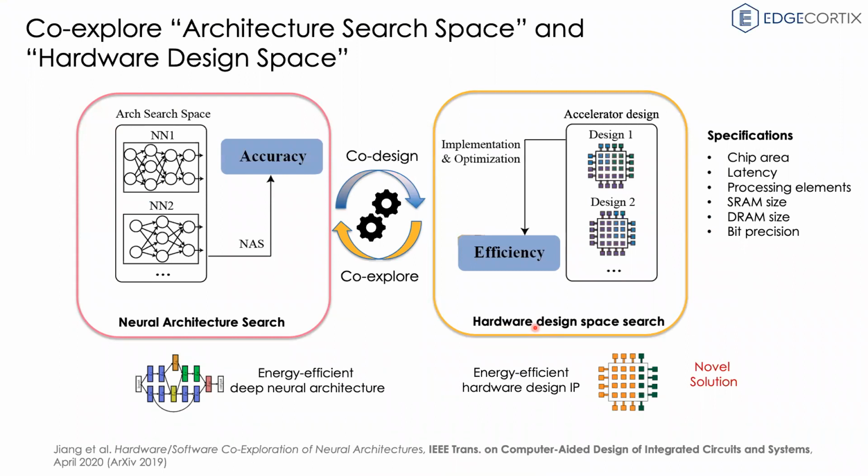So as we've already established, if you're now thinking about co-exploration, you're performing two objectives. You're not only searching the space of architectures, you're also searching the space of these hardware designs. That means on the left-hand side, you now have essentially an algorithm that would effectively sample from various different types of neural networks, which is the same neural architecture search that we have been using since 2017. And you have some objective, accuracy. So at the end of the day, these neural networks need to be designed such that they get better and more accurate for a particular domain, for a particular application.